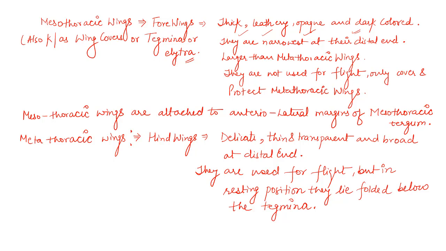wings. Metathoracic wings are attached with the anterior lateral margins of metathoracic tergum. The mesothoracic wings are attached to the anterior lateral margins of mesothoracic tergum, and metathoracic wings are attached to the anterior lateral margins of metathoracic tergum. Understood? Now coming to next,